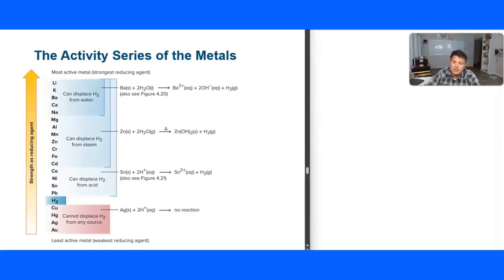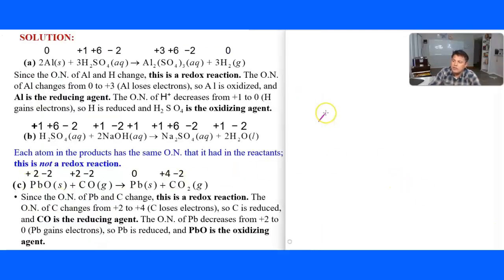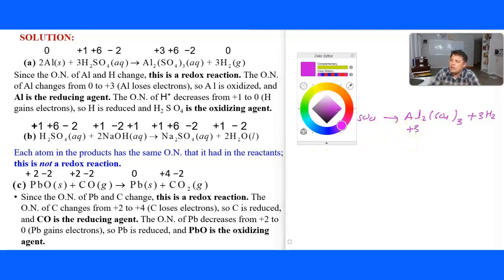So if you see the previous case, one example, aluminium plus H2SO4, sulfuric acid, gives you Al2(SO4)3 plus 3H2. If you see, the aluminium is 0 here, aluminium is +3 here, right? Aluminium has +3. It means the aluminium is